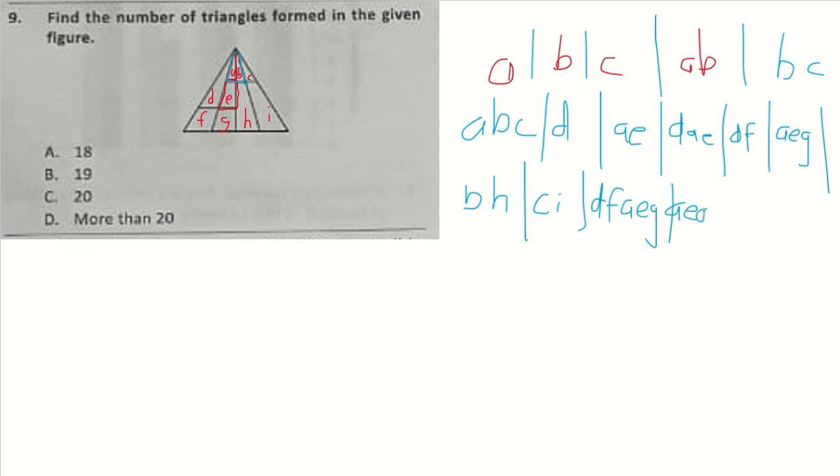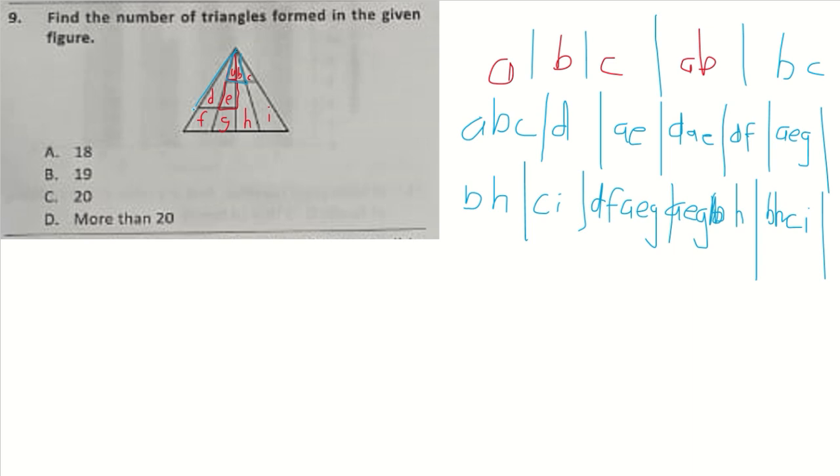Sorry for making things complicated, but there's not many other ways to explain this. AEGBH, then BHCI, then